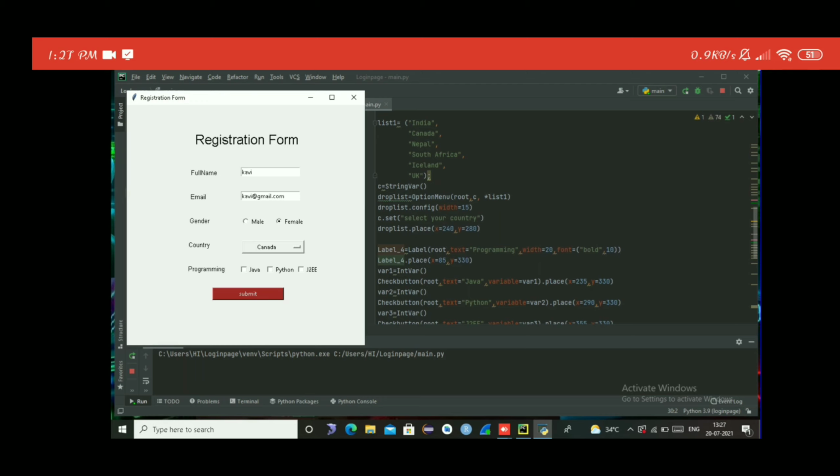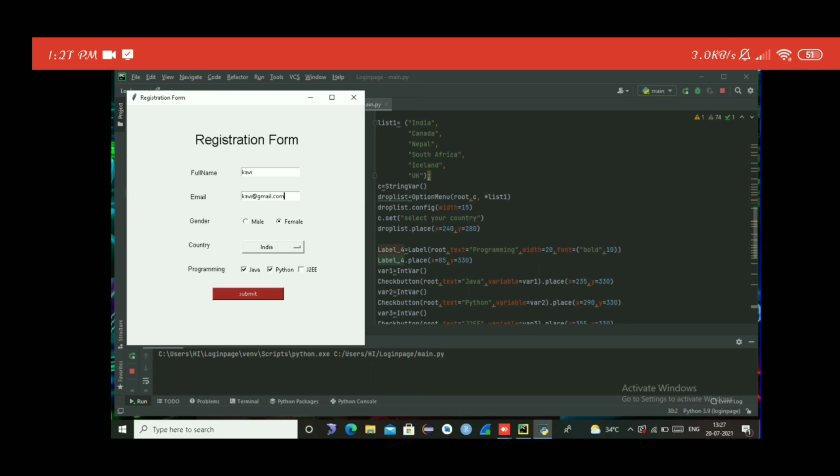Okay, on the left side I will fix all those things, whether it works or not. Let's check. Okay, you can see label 4. This label 4 is containing programming. In programming you may want to select more than one option, so at that time you can use the check button.